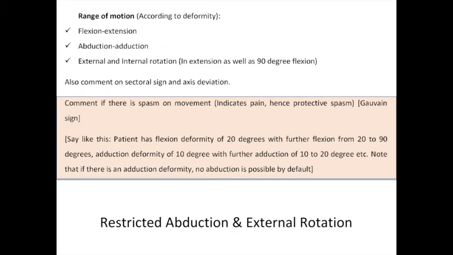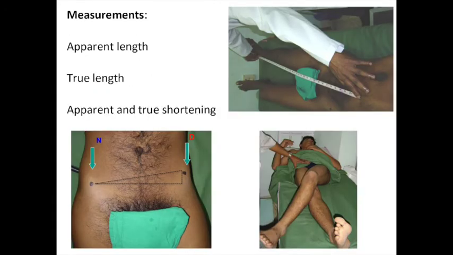Once you've done your deformities, you do your apparent and your true measurements, and it is a nice thing to convey whether there is a shortening or not. Meaning you need to say either there is 4 centimeters of shortening and there is no difference between the true and the apparent. The second scenario could be there is a shortening but there is a difference in the apparent and the true shortening, meaning that the apparent shortening is 5 centimeters and the true shortening is 4 centimeters, signifying that there is a coronal plane adduction deformity.